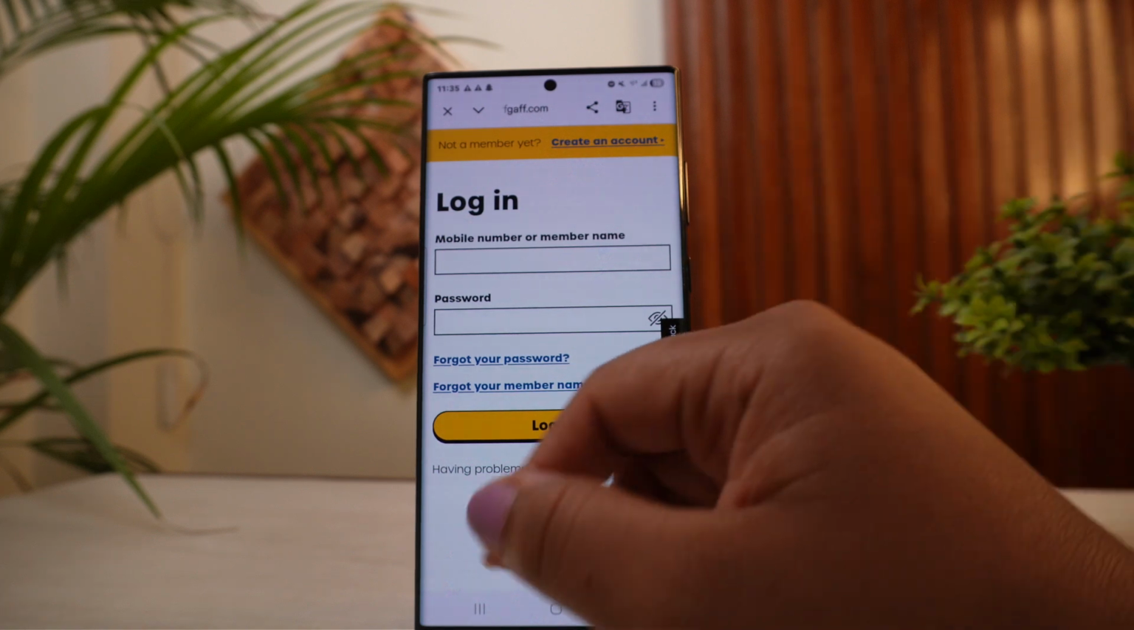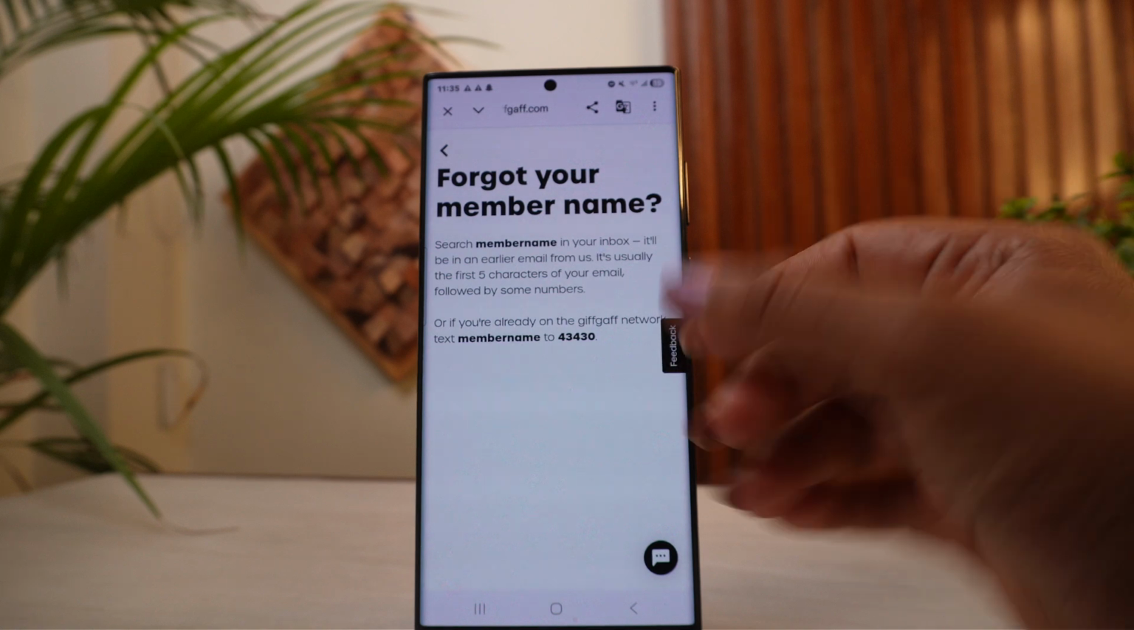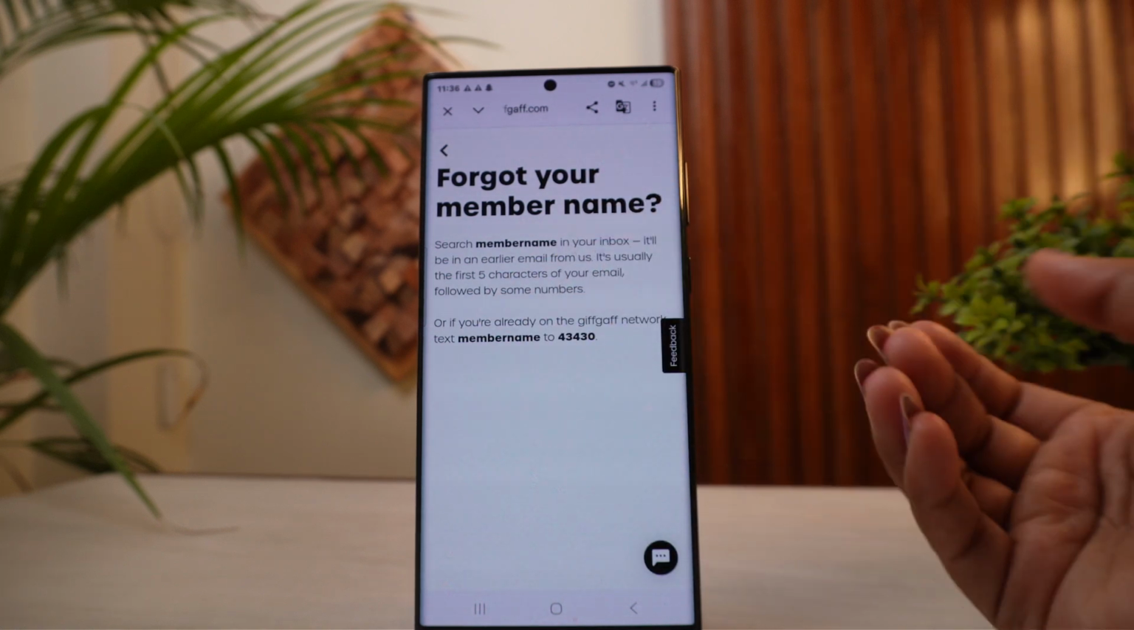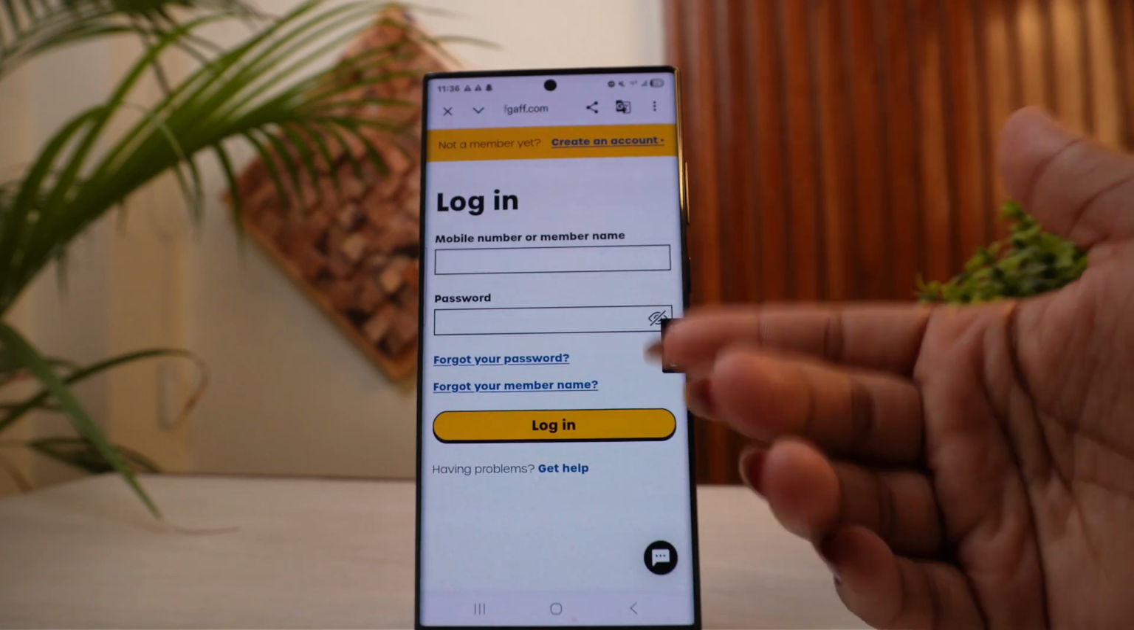So in case you have forgotten your member name, you can also tap on the option forgotten your member name, and then you'll actually be able to go along with the process of how you'll be able to recover that one too. So that is exactly how you'll be able to log in to your